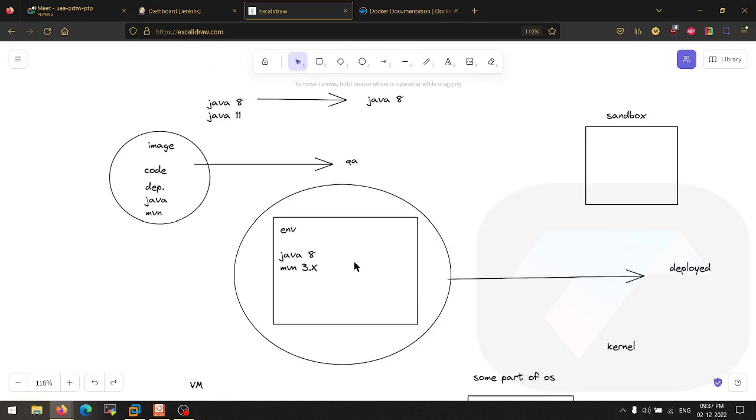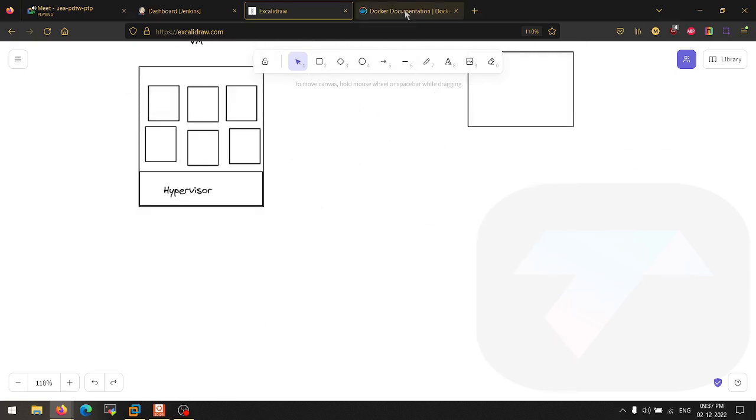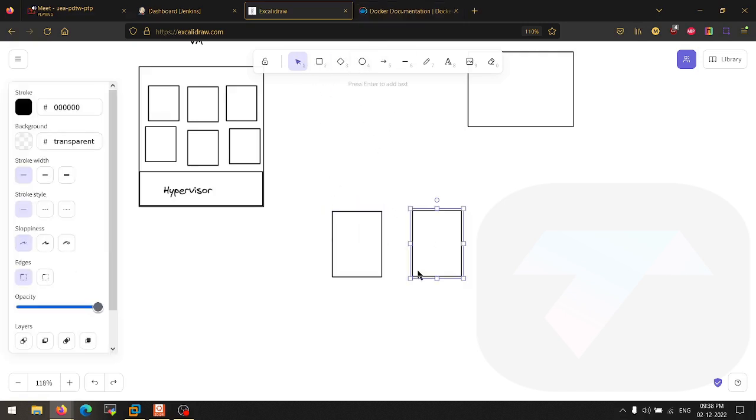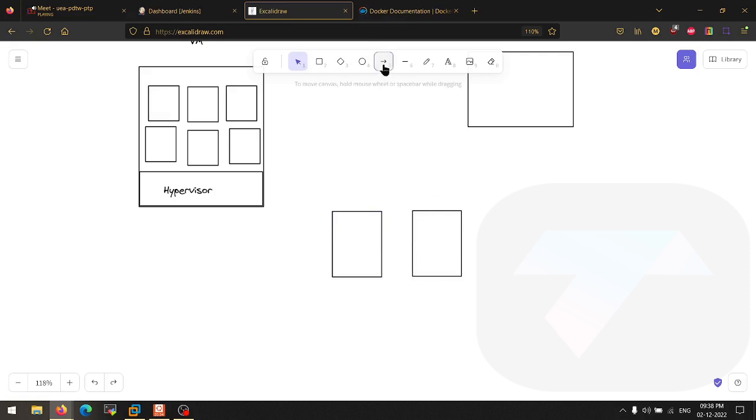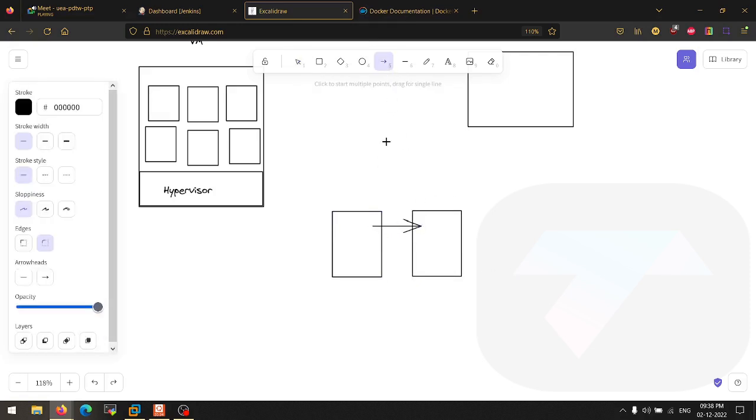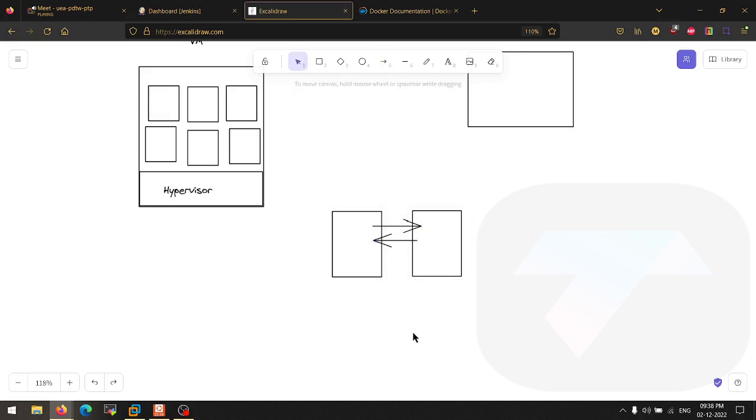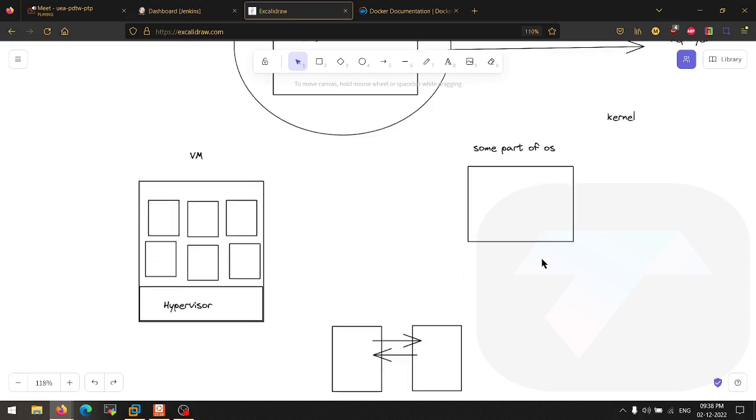Also, these containers have some networking, right? Networking means if you want to launch two containers and you want these two containers to be able to talk to each other, you can also do that, right? Docker has the concept of networking. Few networking components are there, like bridge connection, host only connection. Bridge is the default one, where you can access the internet inside the containers as well. Then we have net connection, and the host connection is also there. Overlay network is also there. So you guys can go through that Docker network concept as well. It's a very good thing to learn.